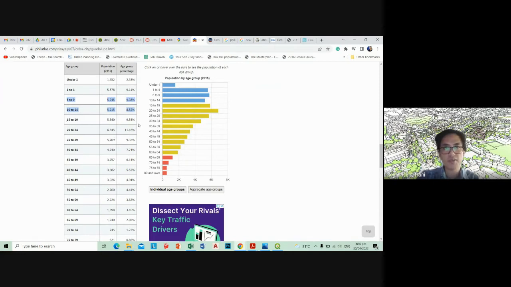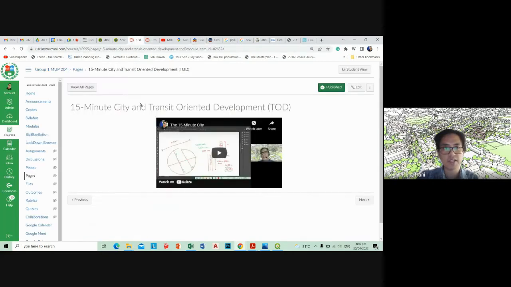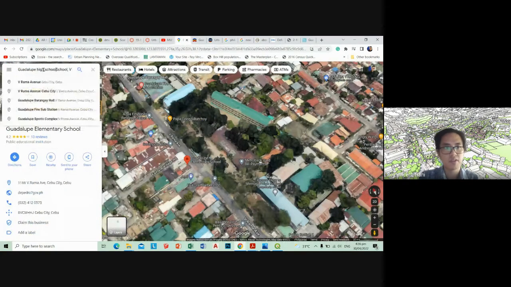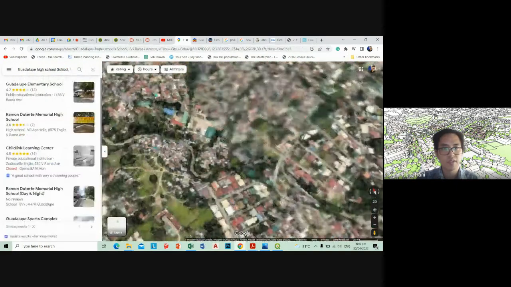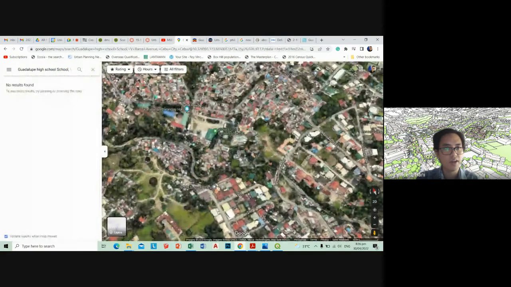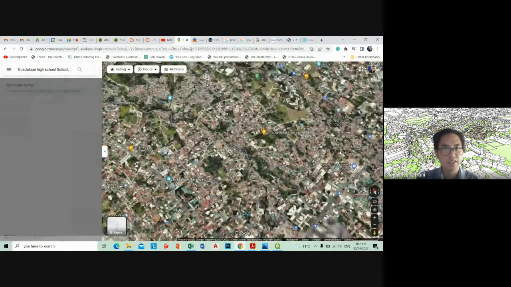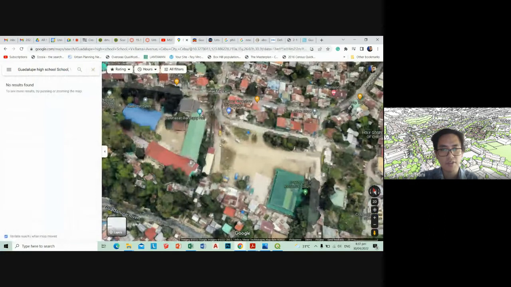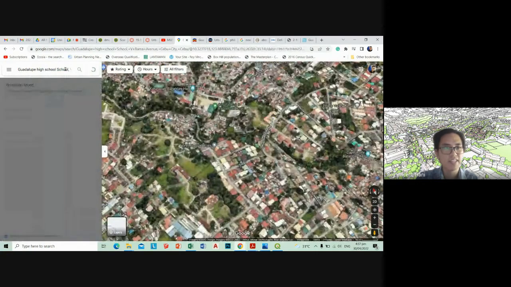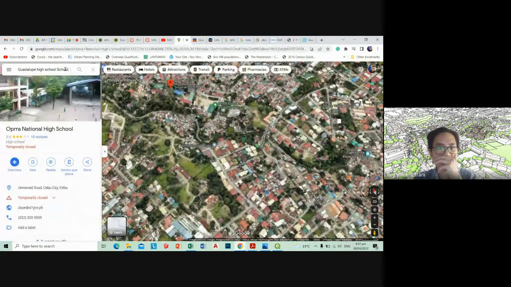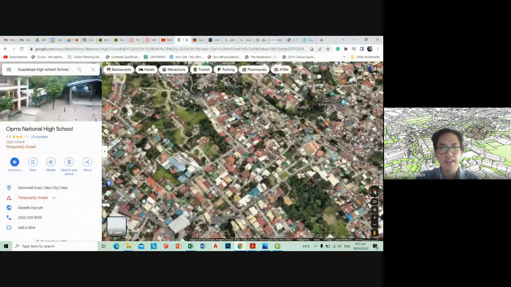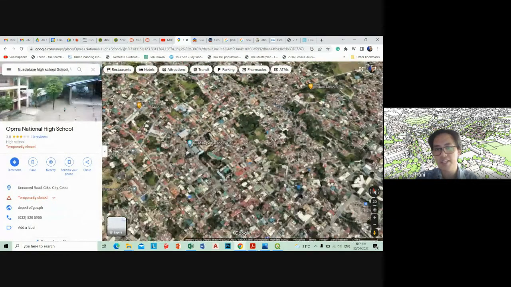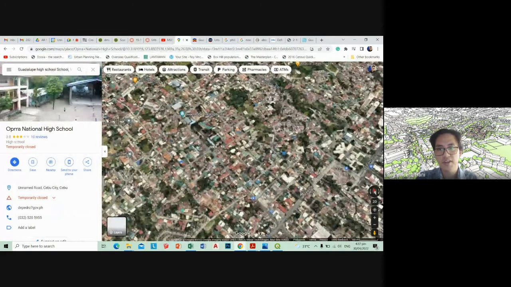So high school, I don't think there is a high school here. We'll check. Guadalupe High School. No results found. Is that the high school over here? What's this? Barangay Hall, Talamban. So it's no longer in Guadalupe. So I think the next step would be to provide more diverse services. You could say that your area might need a new high school, might need a new college,